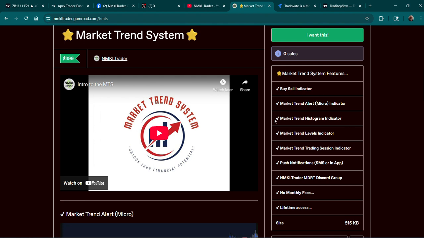Now, within this system, you have push notifications so you can send it to your phone or in-app, depending on how you set up your TradingView, and I'll share that in another video exclusive for how to set this up and send signals to your phone so you can be alerted if you're up in the house doing something. If you're out and about, you want to trade on your phone, those push notifications can be sent to you.